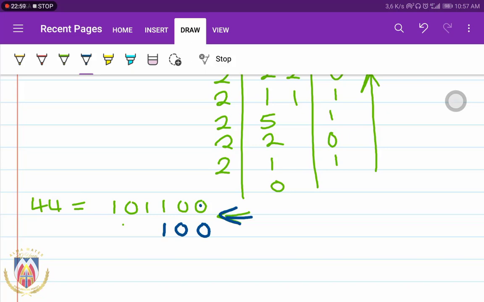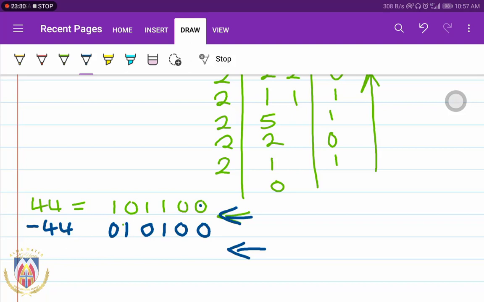So this becomes 0 1 0, something like that. So you don't change anything until you encounter the first 1 coming from the least significant bit. Then the first 1, you ignore it, but after that first 1, you invert everything else. So minus 44 would be